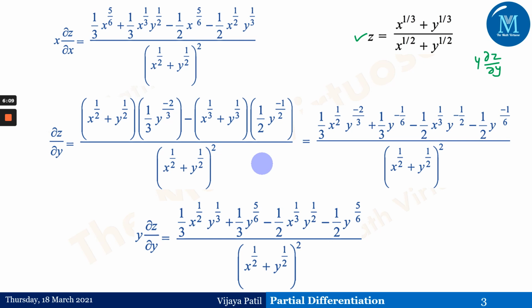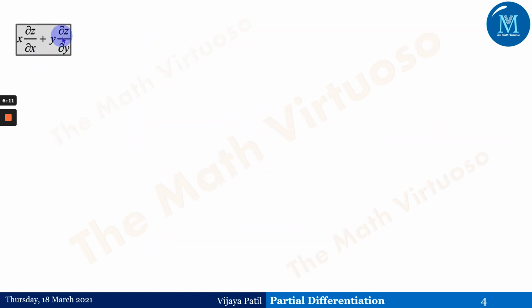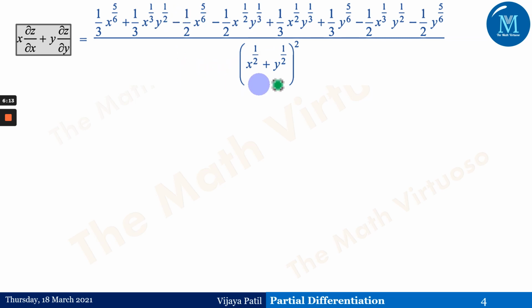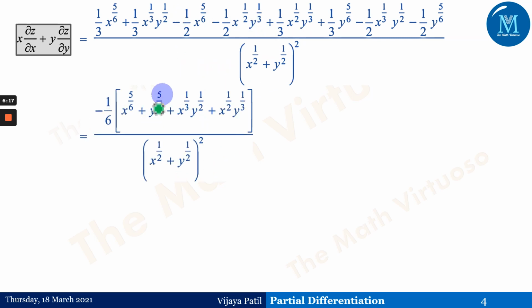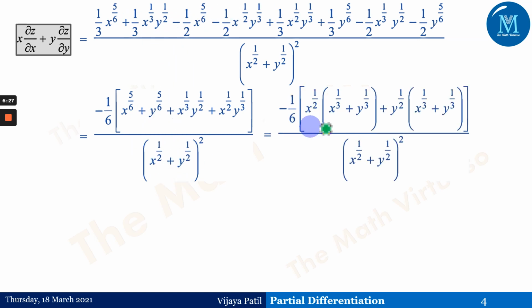Therefore, adding them up, we are going to get this type of terms, and by solving this we'll be reducing it. Now I will not read each and every term, you just have to understand. Pause the video, check this out and try to reach this particular answer, and after that we'll do it in this: x to the power 1 by 3 plus y to the power 1 by 3 into x to the power 1 by 3 plus y to the power 1 by 3.